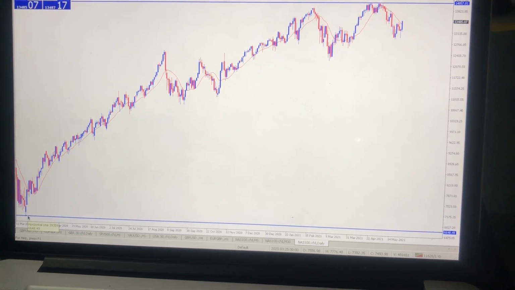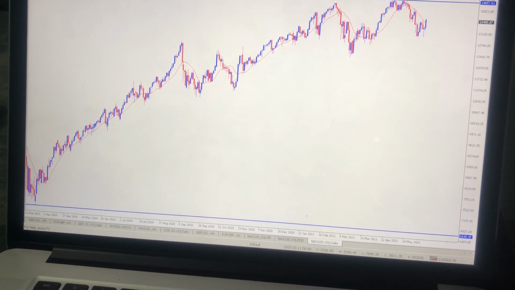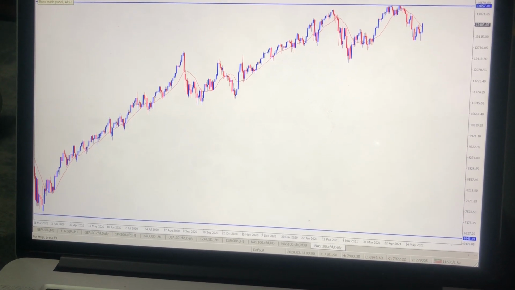So this is what happens, guys, whenever we start analyzing Nasdaq. The first thing that we do is to find direction of Nasdaq. Finding direction. After finding direction, that's when we can